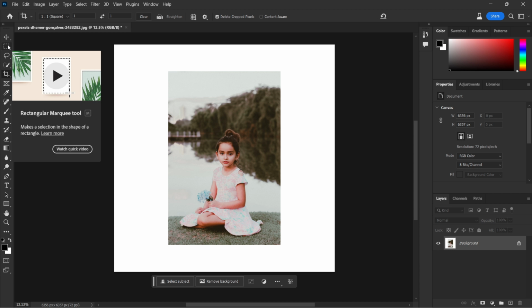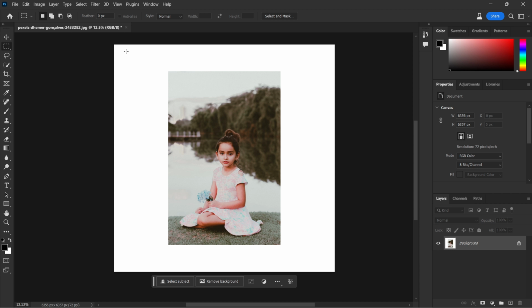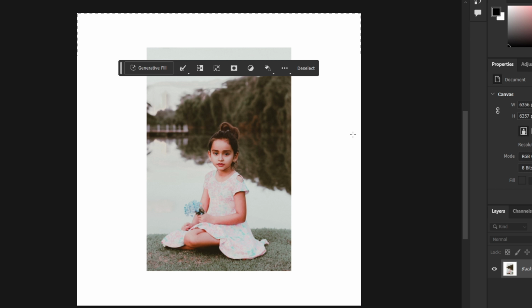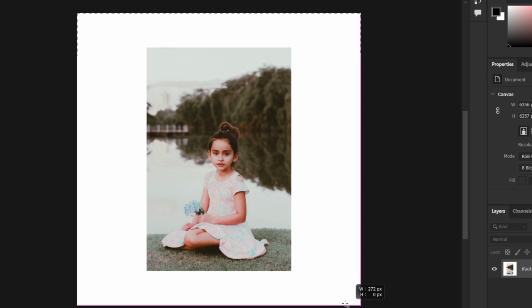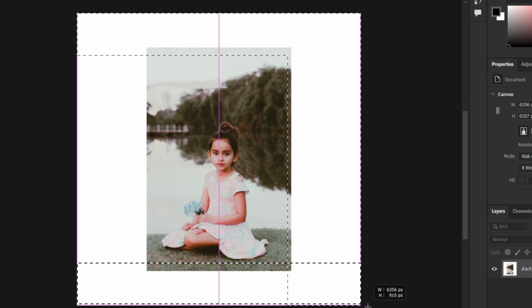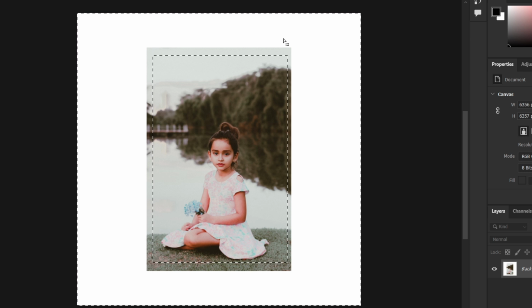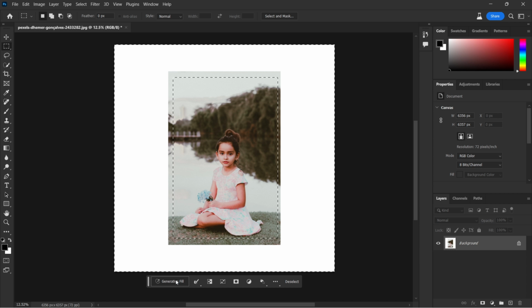Now we need to select the rectangular marquee tool, highlight a region and ensure that you select a piece of the picture as well. Now you'd want to select Shift and highlight some more. Keep on holding Shift, highlight some more of the picture, and let's highlight the last bit of the picture. Now once you've highlighted the outer edge of the picture, you need to select Generative Fill, Generate,